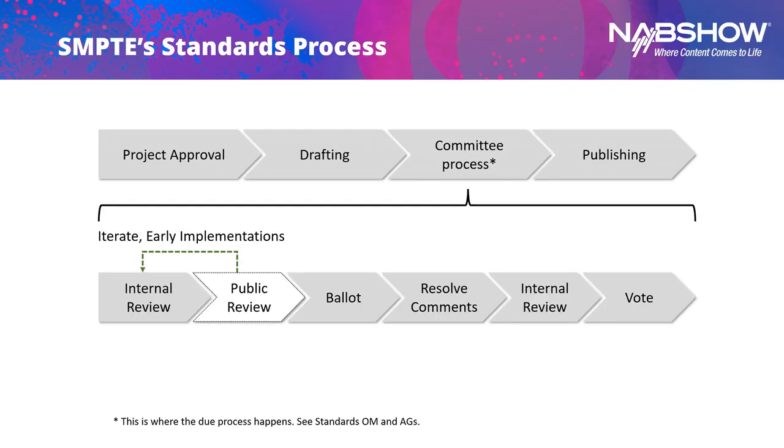If you already have a Word document, then you have to do minimal drafting. You can go right into the technology committee phase, where you hand your document to the technology committee. I call that the committee phase, and that's where the due process is happening. Once you're done with that, you publish. Quick look at the due process. There's an internal review, 2 weeks. People look at your document, they comment, you fix the comments if you want or not.